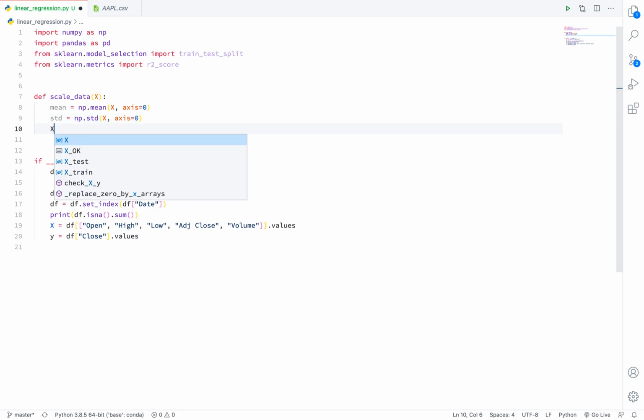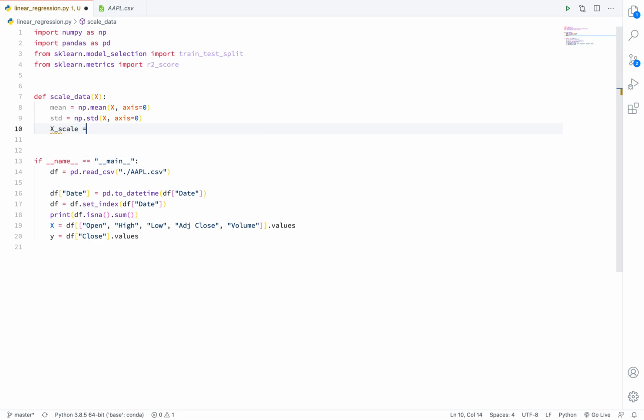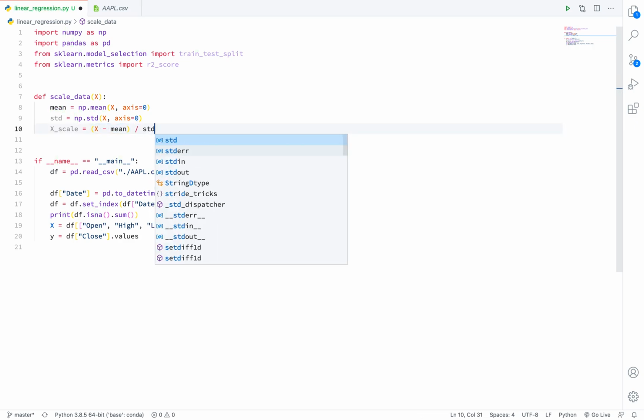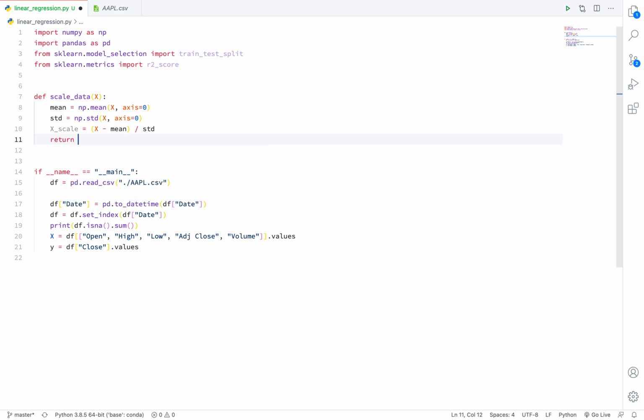Now just subtract the mean from x and divide by the standard deviation and return x_scale. Now it's time to call the function scale_data to get x_scale.